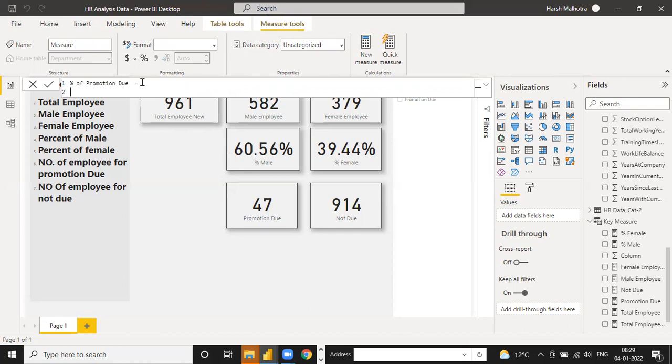So for this, you have to calculate the variable. VAR is equal to variable. So variable is equal to, I write it here as promotion due.